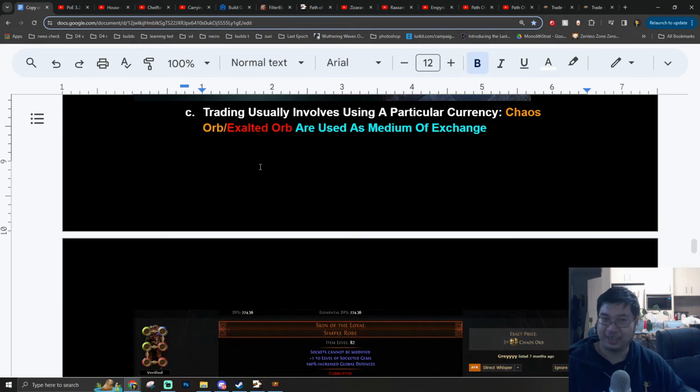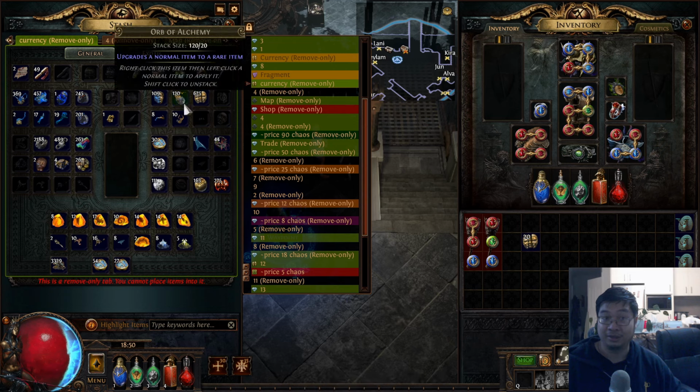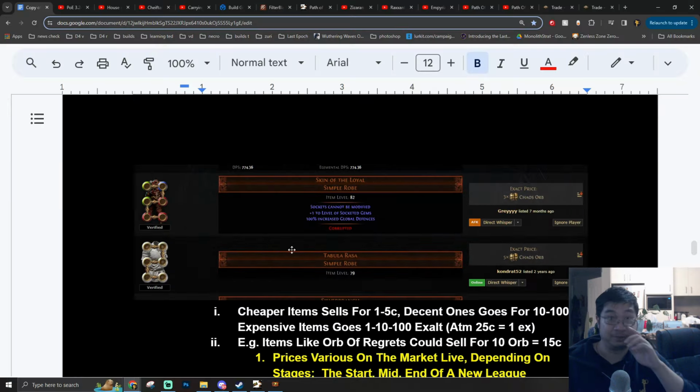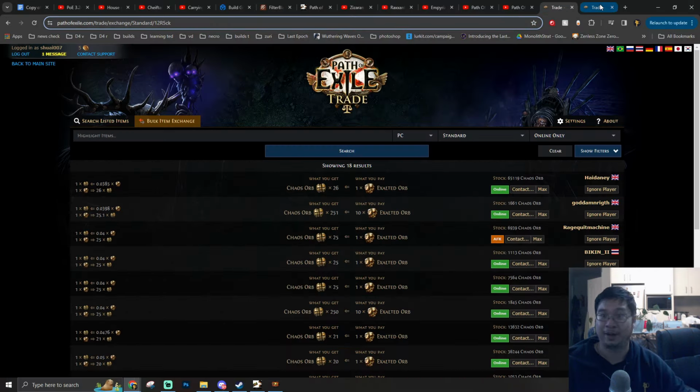Now, as a brief summary, how trading works for Path of Exile is that two major currencies will be used, Chaos Orbs and also Exalted Orbs. Those currencies, like the ones you see over here, are the foundations that players use to trade other items. For example, here we have the trading website for Path of Exile. You can trade Chaos Orbs and also Exalted Orbs between players. You can see here 26 Chaos Orbs will equal 1 Exalted Orb,